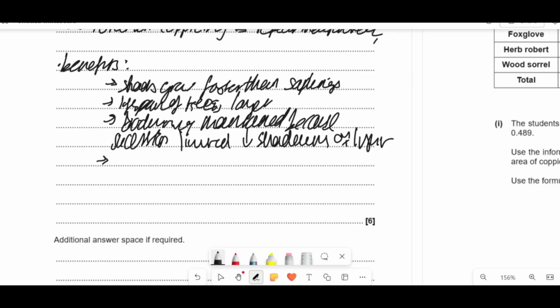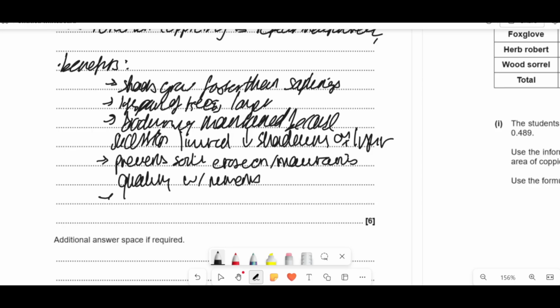And because trees take part in the nitrogen and carbon cycle, it keeps nutrient levels up. So by doing this, because there are still tree parts there, it's holding the soil nicely. It prevents soil erosion and maintains its quality with nutrients. Another nice thing is you don't need large machinery, so it's not going